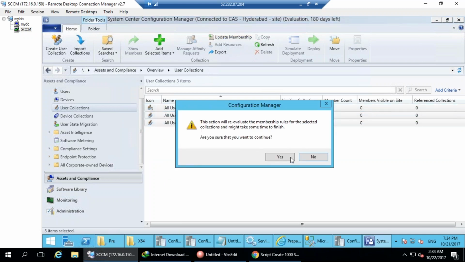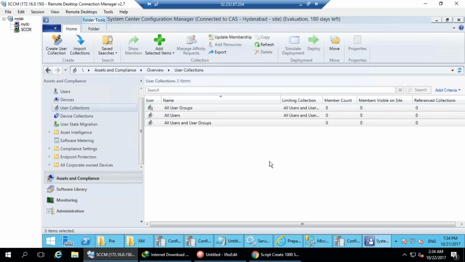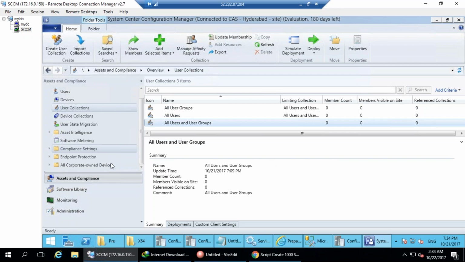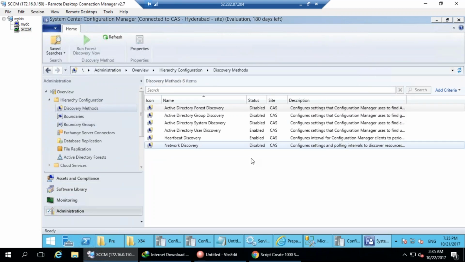Similar thing I have to do for the other discovery methods. We'll leave this and let it run. This takes some time for the first time, maybe 1 or 2 minutes. So in the meantime, we talked about user discovery, and now we are looking for the